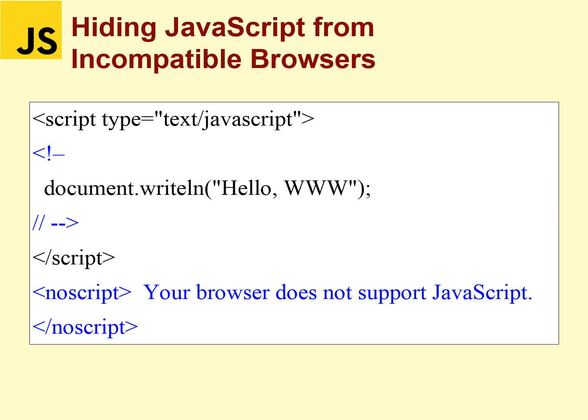There is an example. Here a script tag is opened. Script type is equal to text/javascript. Inside the script tag, some scripting statements are there, and these scripting statements are enclosed in comments. Then the script is closed, then the NoScript tag is opened. It contains the data: your browser does not support JavaScript, and the NoScript tag is closed.